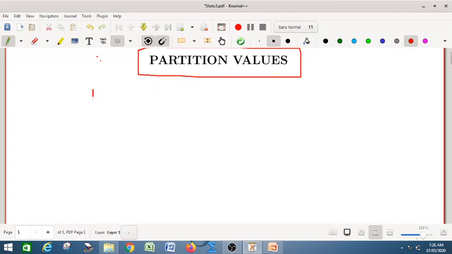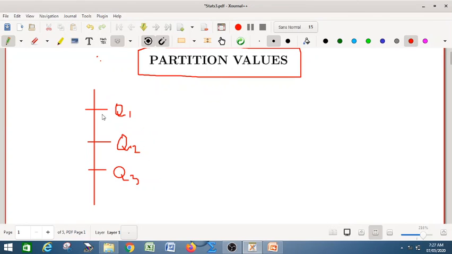Suppose this is your total distribution and this distribution is divided into 4 equal parts. Suppose these are called Q1, Q2 and Q3. These are called quartiles. So look at that, you have 4 equal divisions. It's equally divided the distribution into 4 equal parts and these are called quartiles.